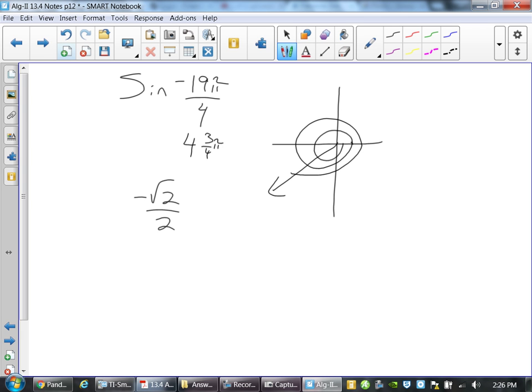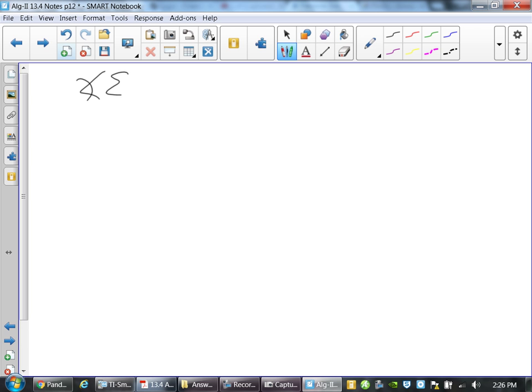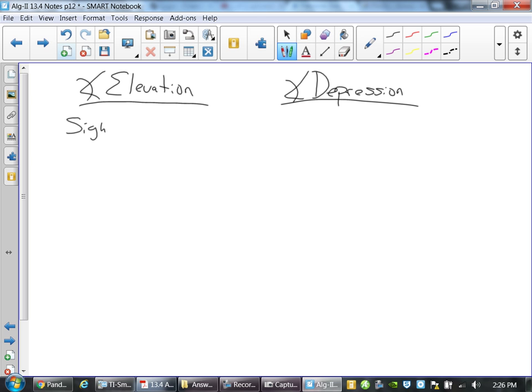Think of angle of elevation versus angle of depression. Elevation is line of sight up. Depression is line of sight down. So if you have an angle of elevation,